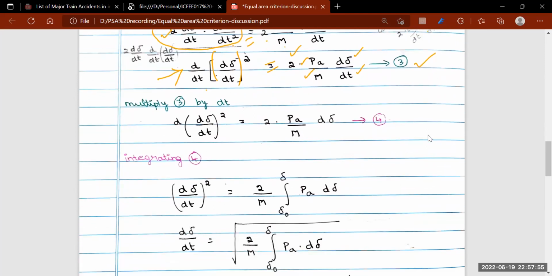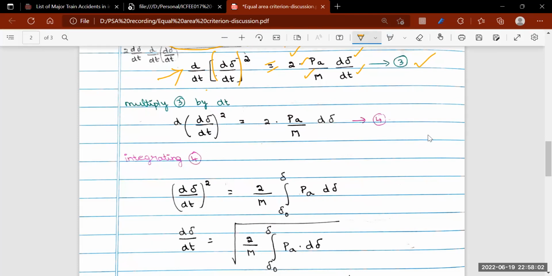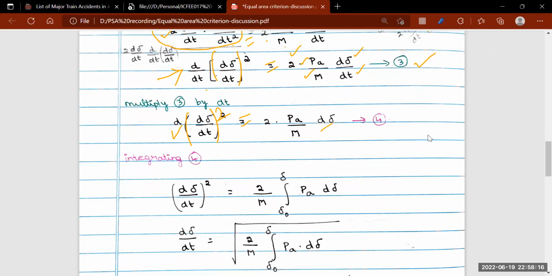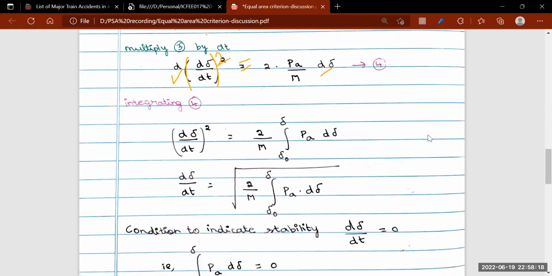So in the next step, if I multiply equation 3 by dt, I'll end up on the left hand side with d of (dδ/dt) the whole square is equal to 2 PA by M multiplied by dδ. Let me call this equation number 4. And if I'm integrating equation number 4, (dδ/dt)² is equal to 2 by M, and this